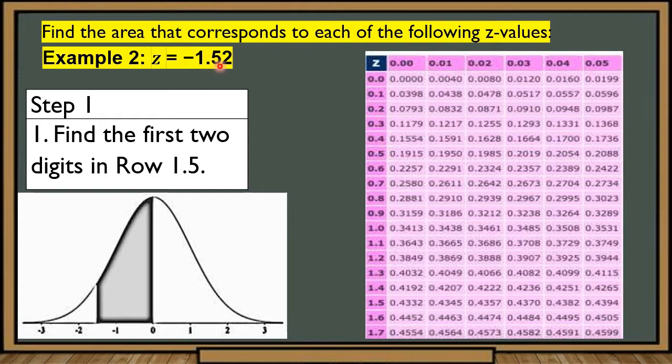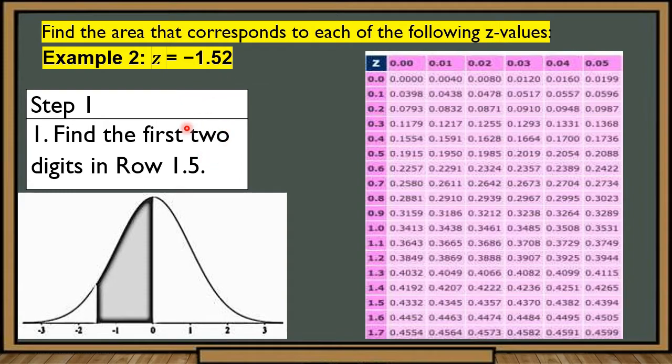So the negative value just indicates the direction, or the placement of our scores, if it is to the left of the mean or to the right. So if it is positive, it is to the right of the mean. If it is negative, it is to the left of the mean. And we don't have areas which are negative. So all are positive. So again, the first two digits are 1 and 5, or 1.5